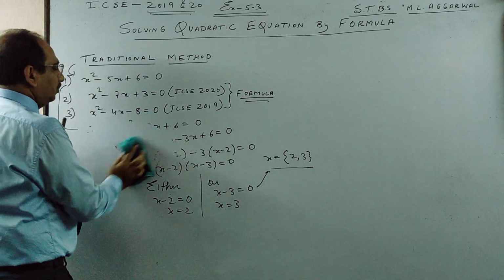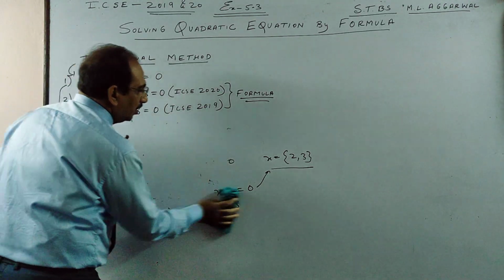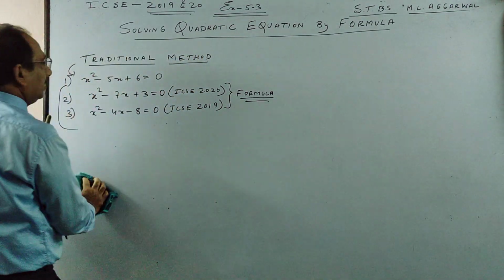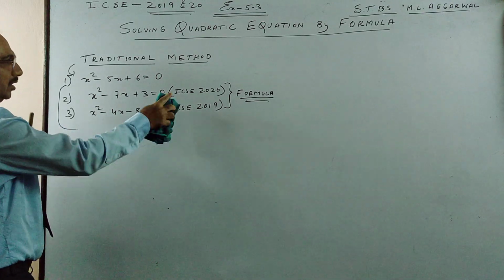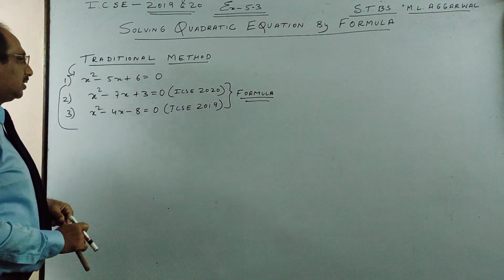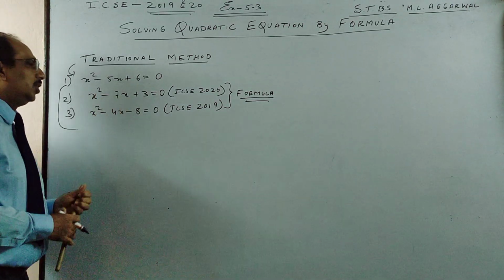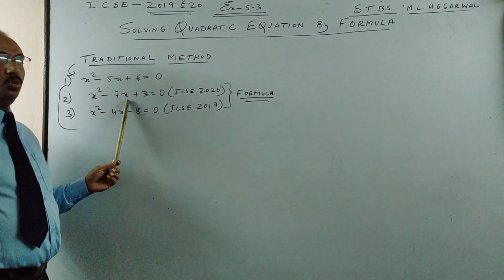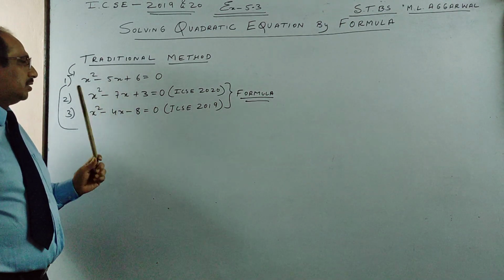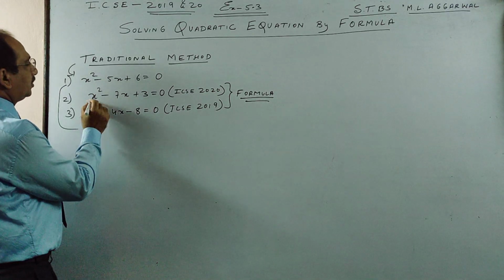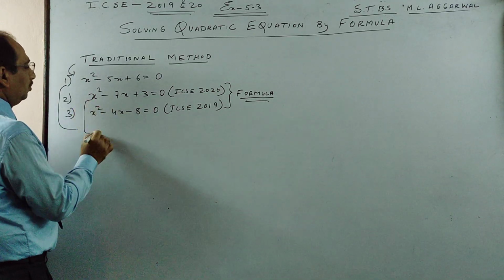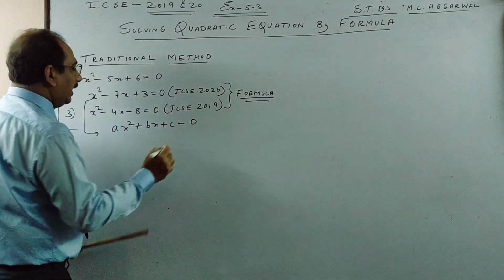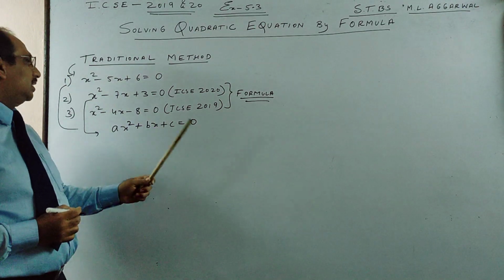So here we go by solving the very latest ICSE 2020 question. Let us see how we solve. As I told you children, this cannot be broken into two and paired up to get a factor. So we have a formula. What we will do is, we have a standard form of quadratic equation called ax square plus bx plus c is equal to 0.